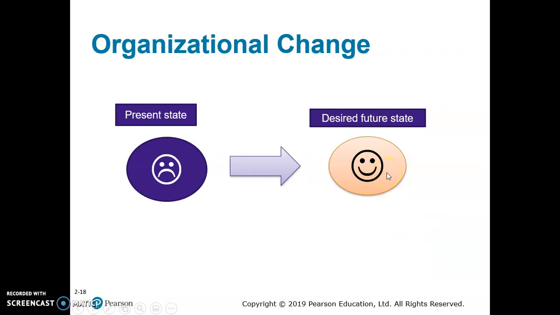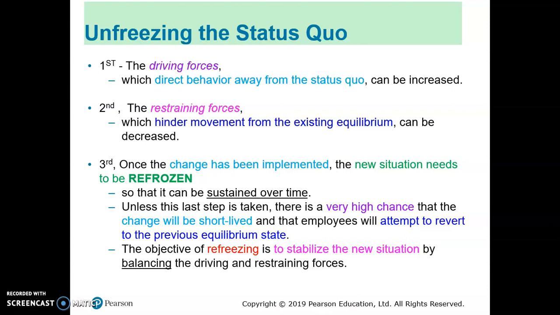So imagine an ice cube. In order to change the shape of the ice cube, you have to melt it first. You unfreeze first, and then after you unfreeze, you make a change to your status quo, to the ice cube, and it becomes like a liquid, and then you can refreeze in order to make it permanent based on whatever shape that you want. So unfreezing the status quo, if we want to explain in a little bit of detail,